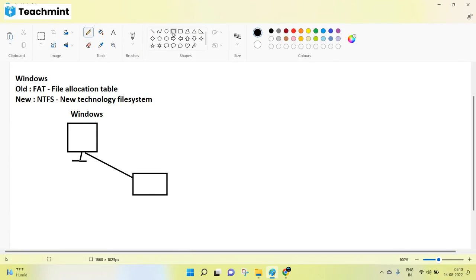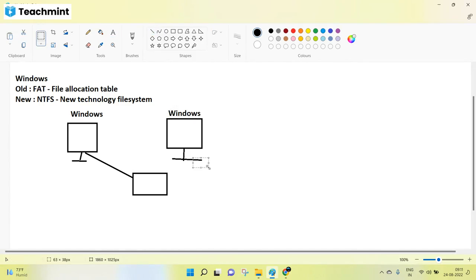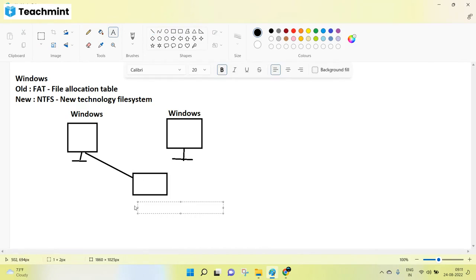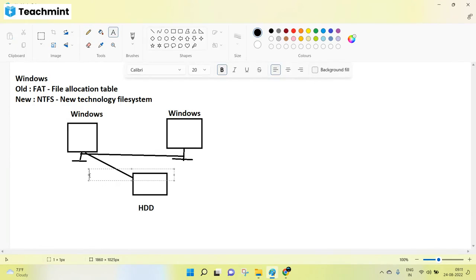Clear? And now, if you have two Windows machines, this is also another Windows machine, and you want to connect them directly together, in older days it was not possible. A single hard disk, you cannot connect to two Windows machines like this. It's not possible. Then for some reason, if you want to share this hard disk between these two machines, what we do is connect these two computers in the network, and via this path it can go and access the data. But in this case, the first machine will have full access